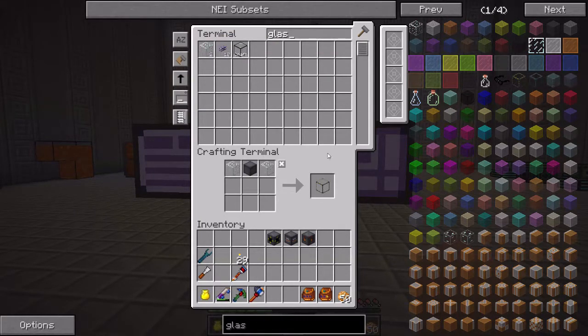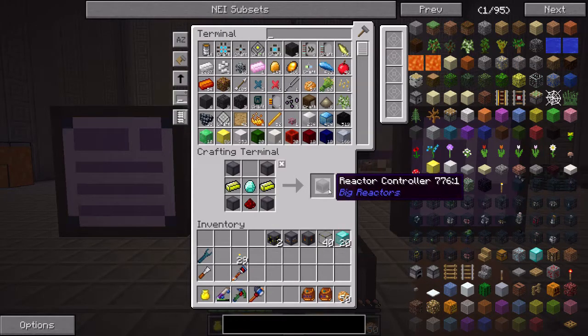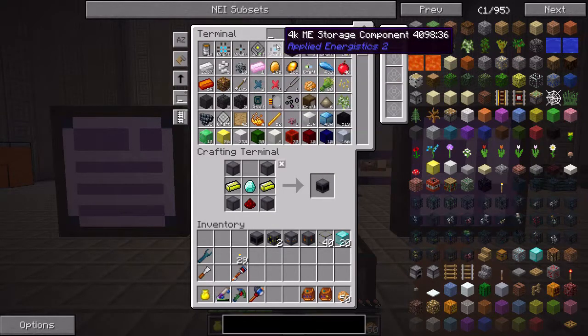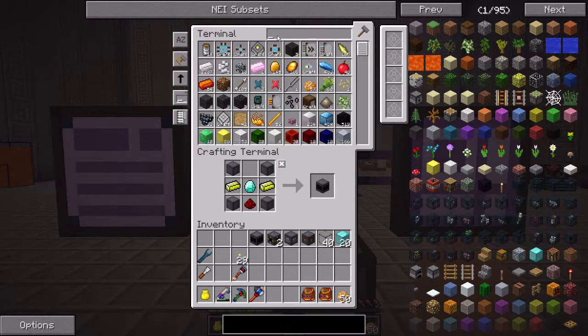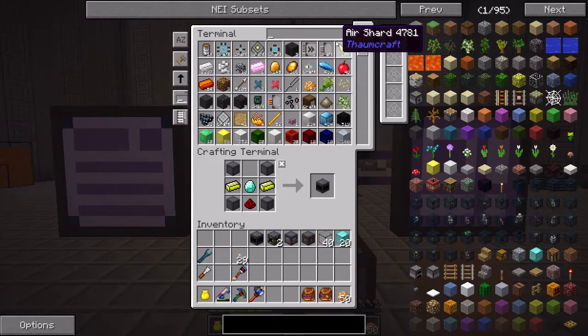There we go. Nice. And I will probably need to do a little bit of math off camera and figure out how many of these I'm actually going to need. So I will be right back. Alright, so I was able to create a few things, and I was getting ready to create the reactor controller. So let me go ahead and create one of those. Alright, and now I should be able to, let me check my graphite levels, and I decided to create more because I still haven't created my